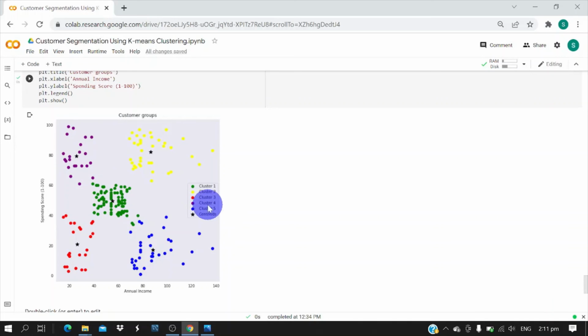And then we have the fifth cluster, which is these customers over here, the blue guys. They earn high, but their spending score is low. My assumption is that it's possible that they are not satisfied. They are just like the opposite of these guys who earn low and spend high. These guys earn high and spend low. Possibly they're